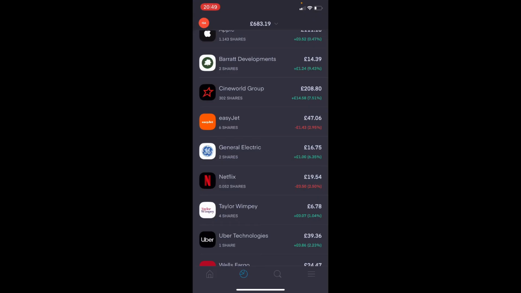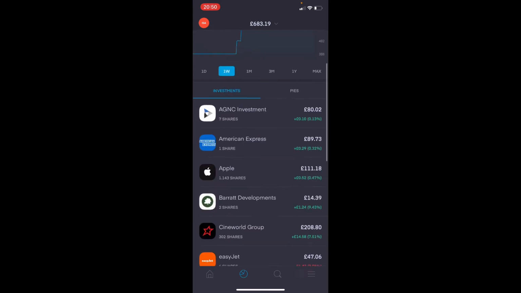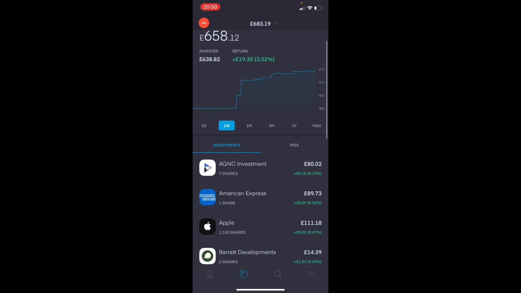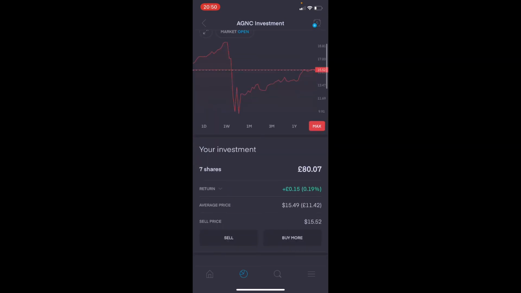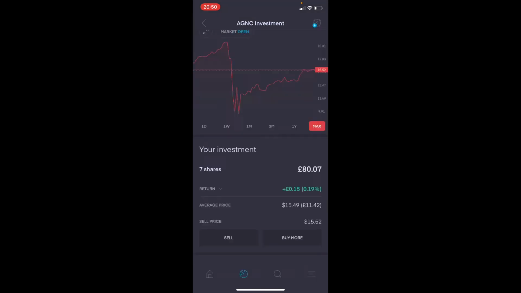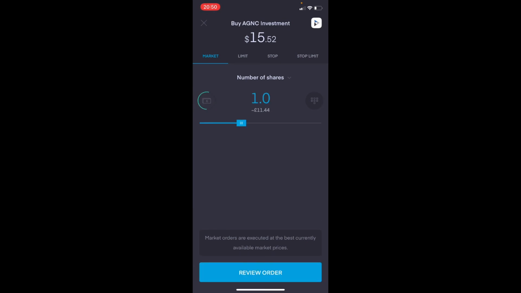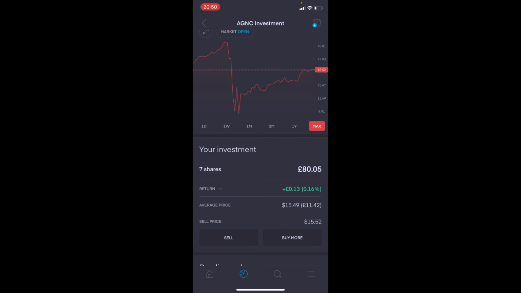In order to buy a share, first of all, you might want to look at your own portfolio, or perhaps you want to look at a new share in something. So if we say AGNC Investments, if I wanted to buy a share in there, I would just do buy more, and then literally slide this across so we get to the one, as in one share. That's going to cost me £11.44. So I'm going to review that order, and that is literally a share bought in AGNC,